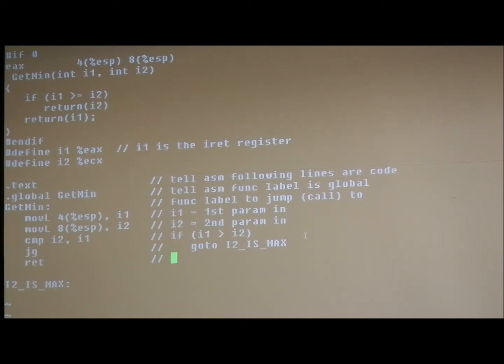And I can put a comment here. Okay, so now in this case, since I've already checked that I1 was not the minimum, that means obviously I2 is the minimum, right? So all I've got to do now